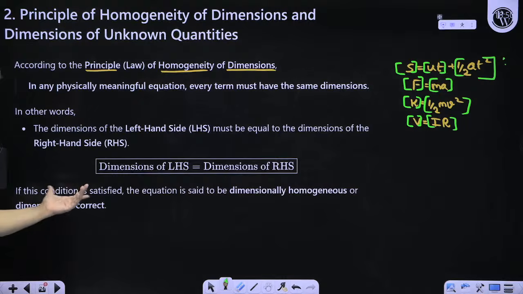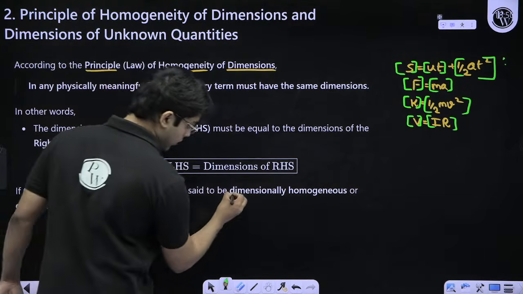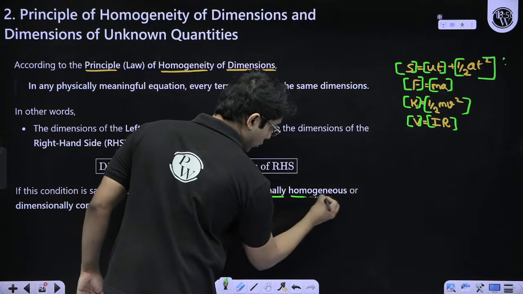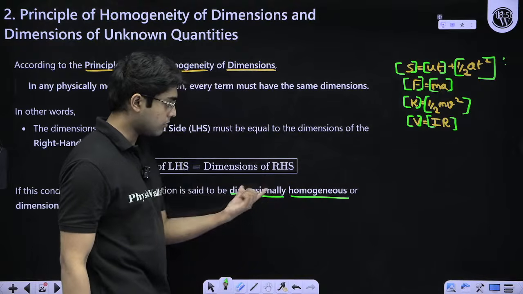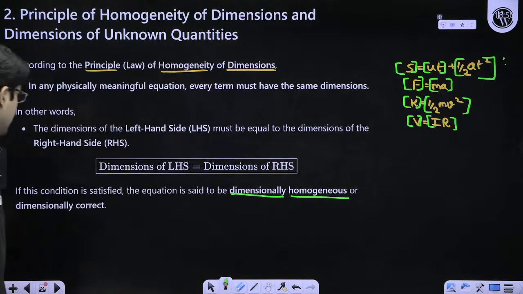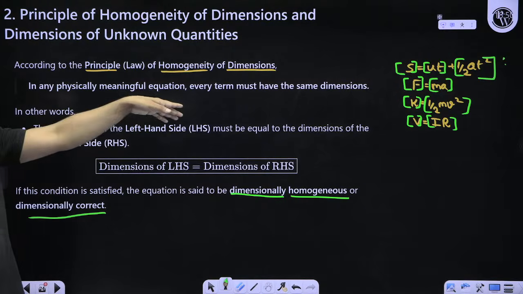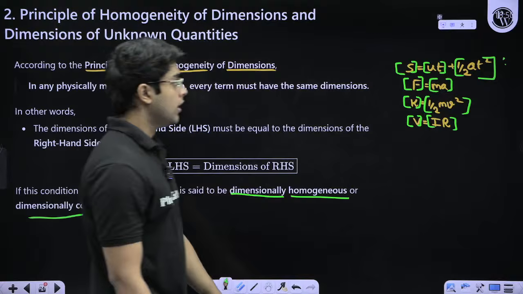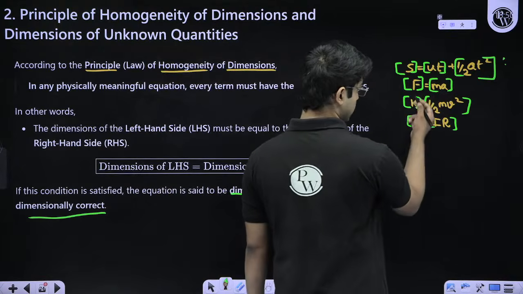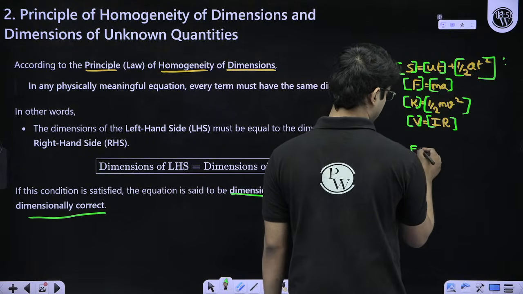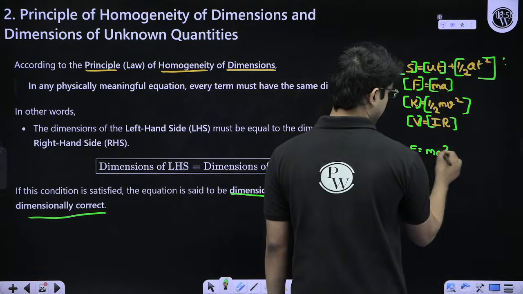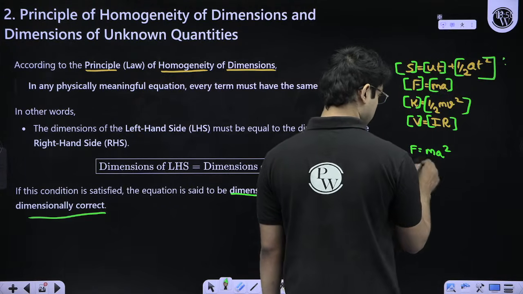If this is satisfied, then the equation is called dimensionally homogeneous, which means it has the same dimension on both sides, or dimensionally correct. Okay. If there is an equation which does not follow this, like let's say you mess with one of these equations, let's say you wrote F as ma square. Here the dimensions won't match. Okay, so this equation